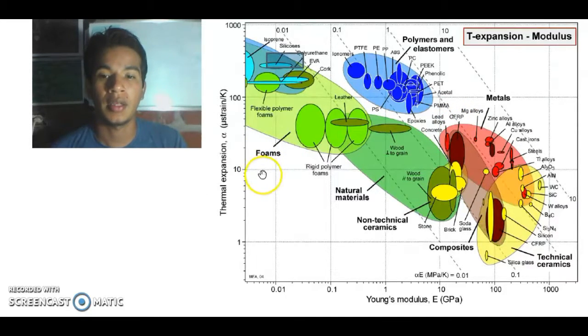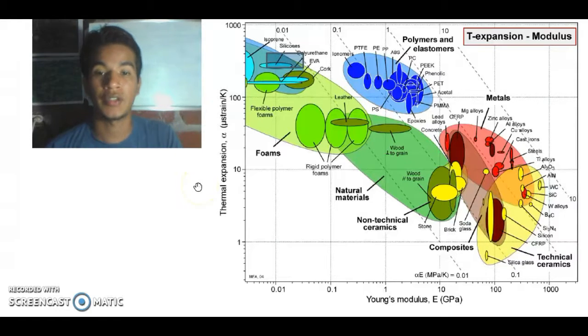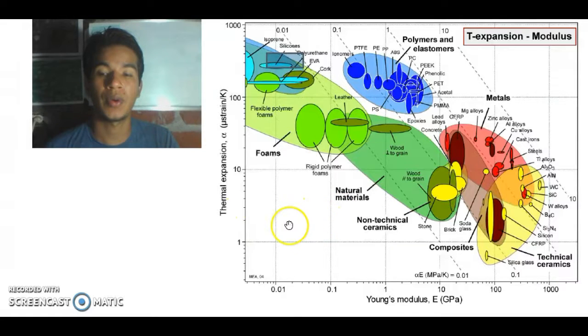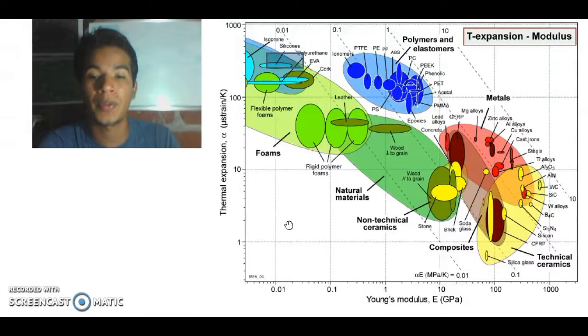They define the guideline alpha over E, which is constant thermal stress per Kelvin. The value of the constant C increases toward the right and belongs to a certain family of material, besides the relationship of the most important property that the